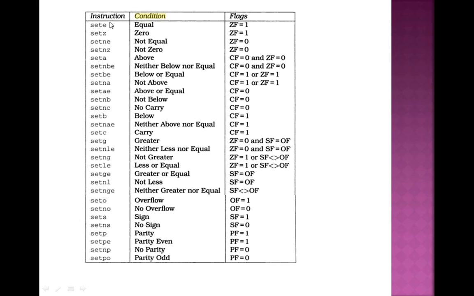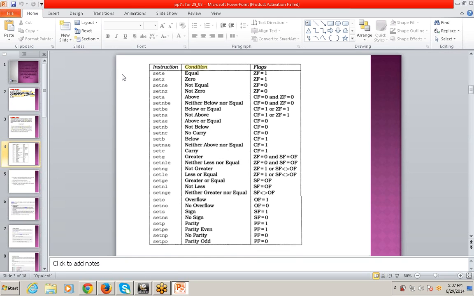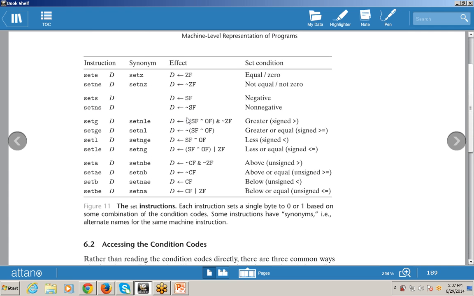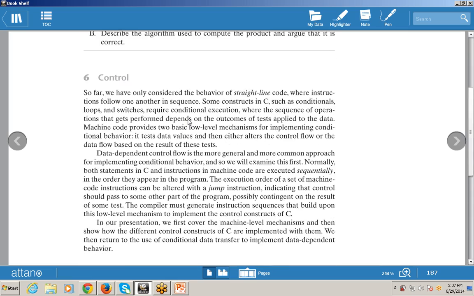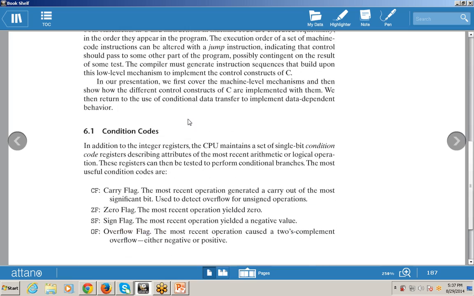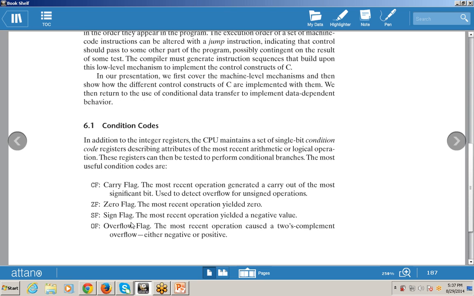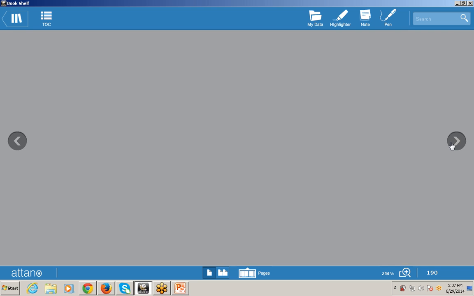These are the multiple instructions and multiple conditions. First of all, SET E, that is equal, with ZF, the zero flag, set to 1. As I told you, these are the zero flag, carry flag, sign flag, and overflow flag, and they are used in this table.